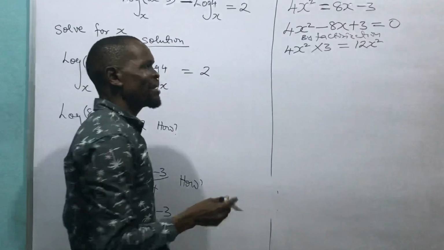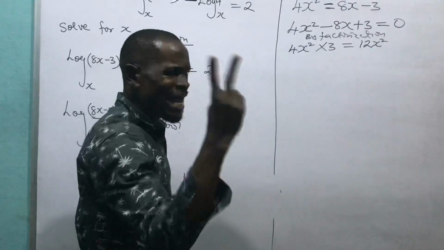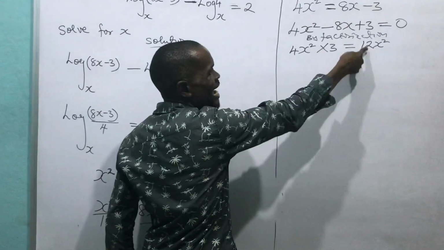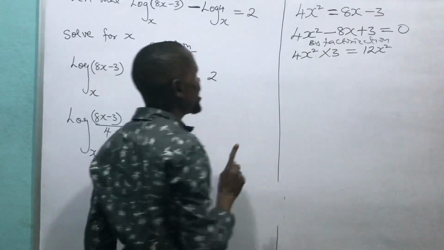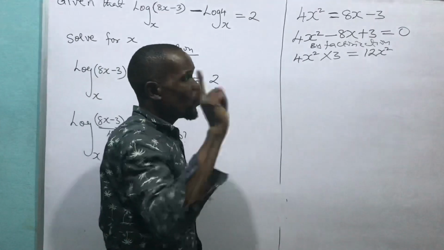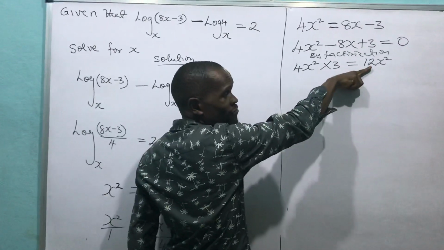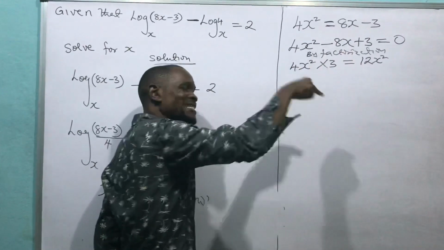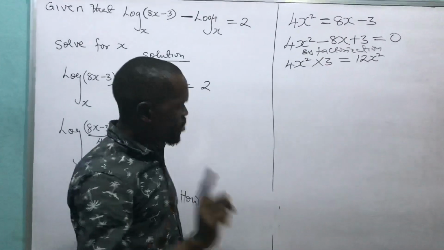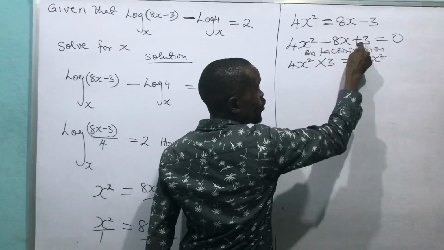The next thing I will ask myself: what two terms will I multiply together that will give me 12x squared, and when I add the same two terms together, they will give me minus 8? I'm coming again. I use this 4x squared to multiply the constant,